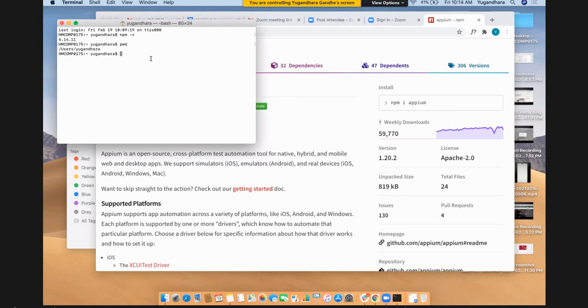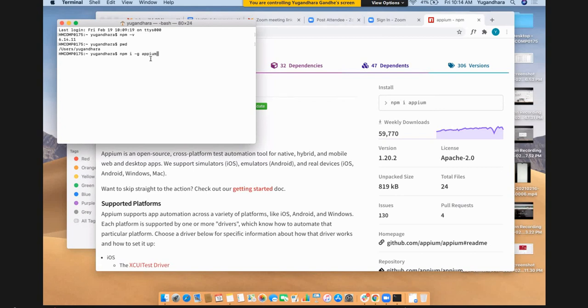That's why the installation has to be a global installation. So let's understand npm i stands for install, g stands for global, and name of the package, that is APM.